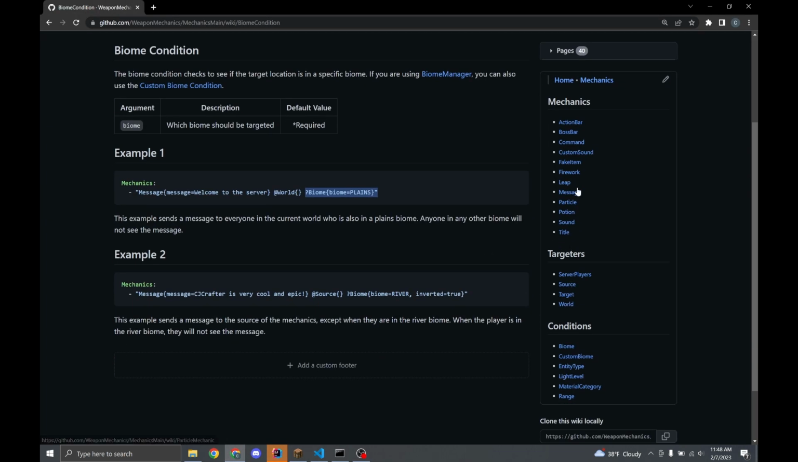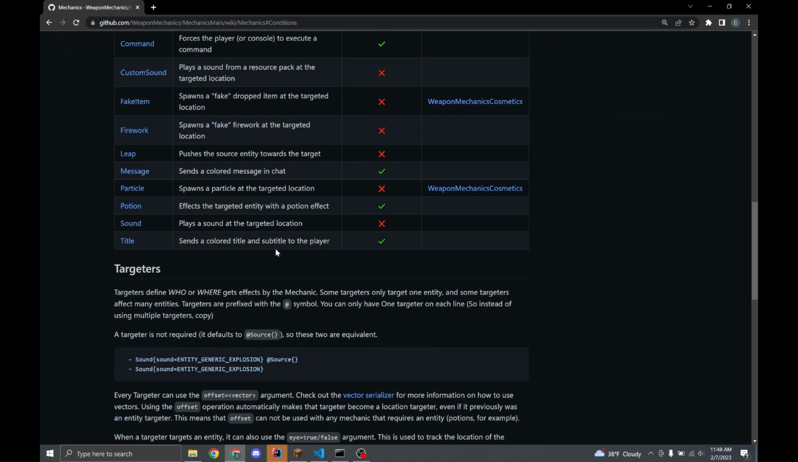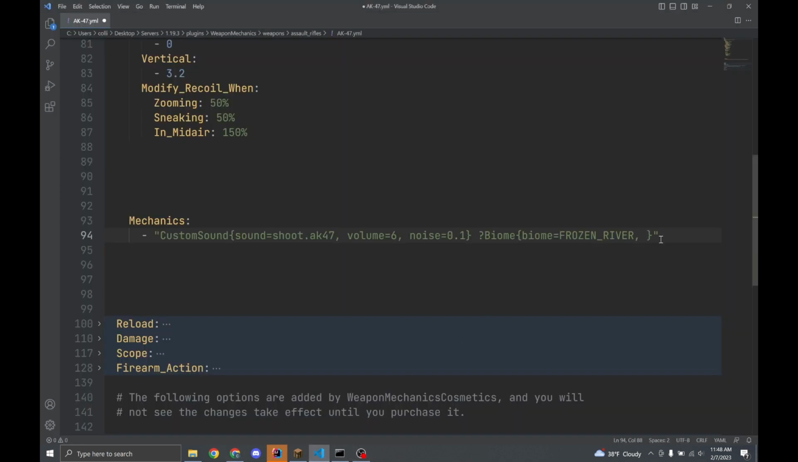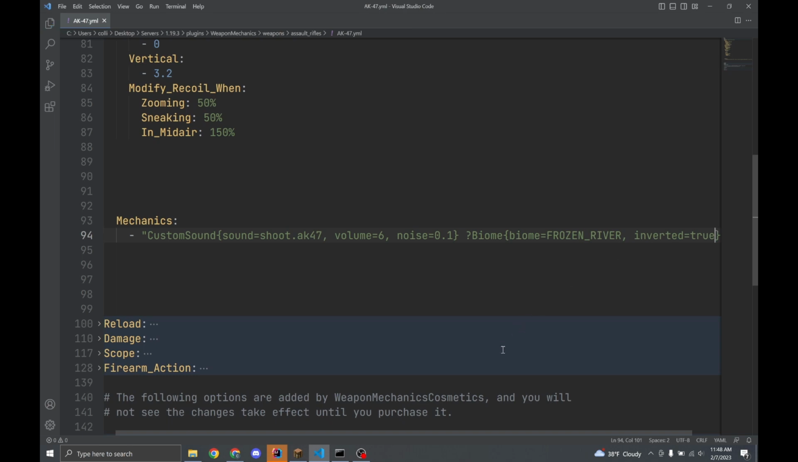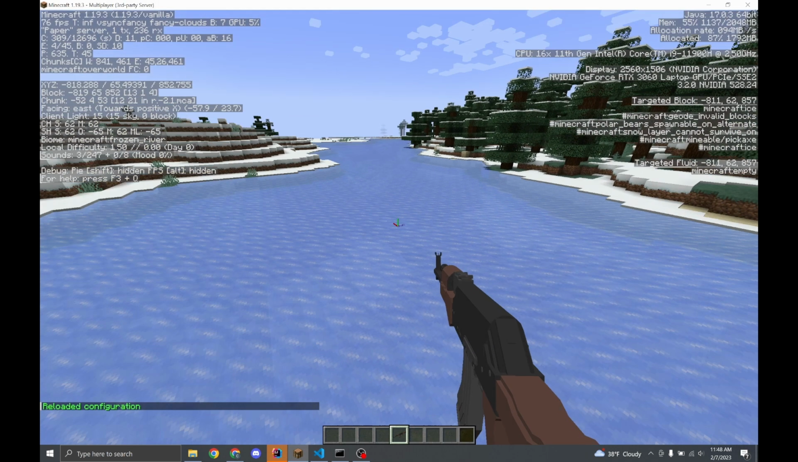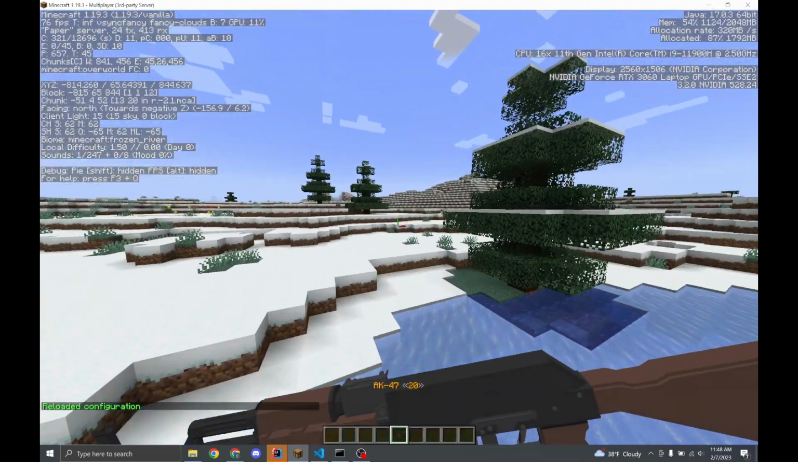So if we go back to the main wiki and go down to conditions, well, that link didn't work, I'll fix that. Then we find inverted equals true or false. So if we set inverted to true, and then reload, now we won't hear the sound in the frozen river. But if we go to any other biome,